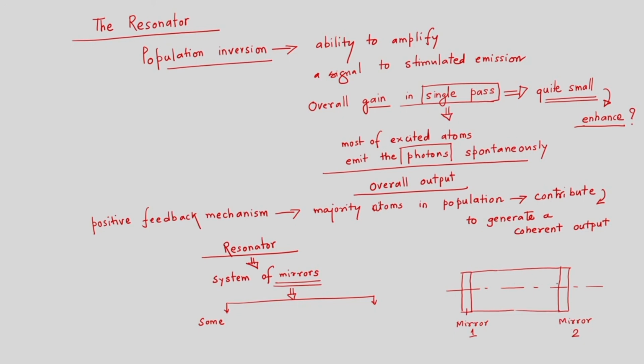The photons move back and forth, getting reflected by these mirrors, but some of the photons are off axis. This set of mirrors will reflect them out,